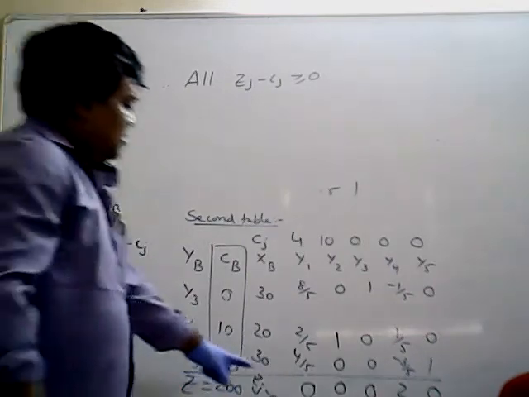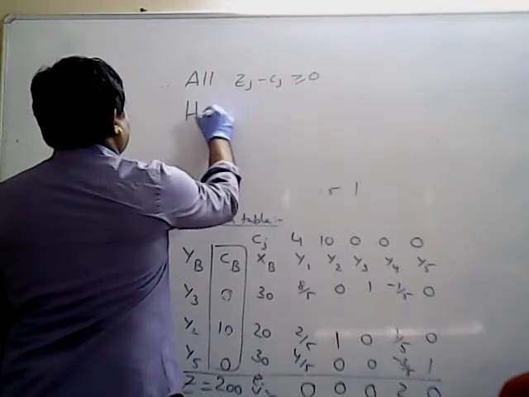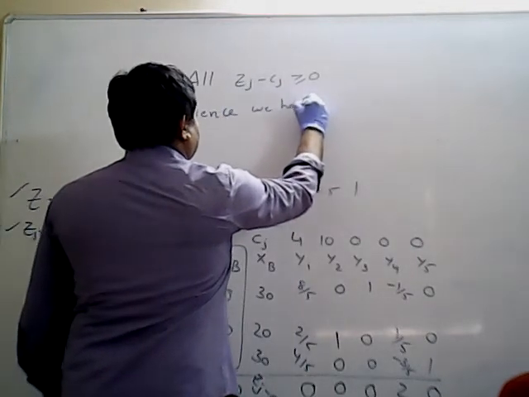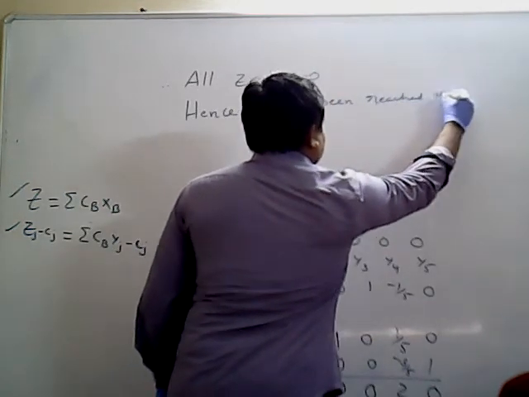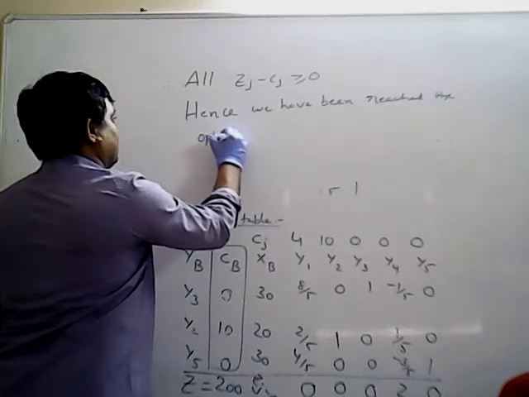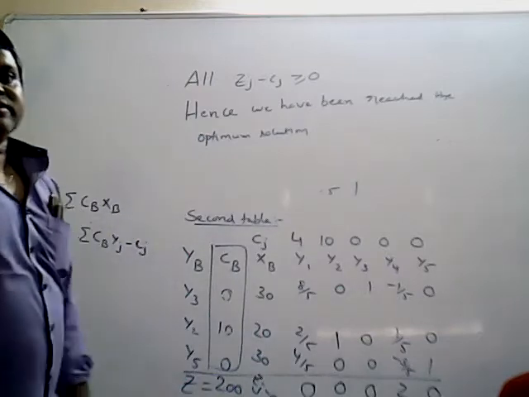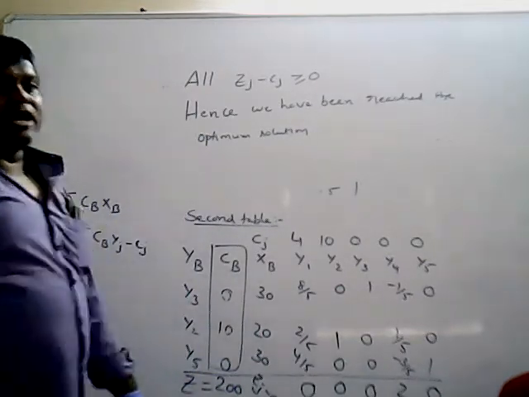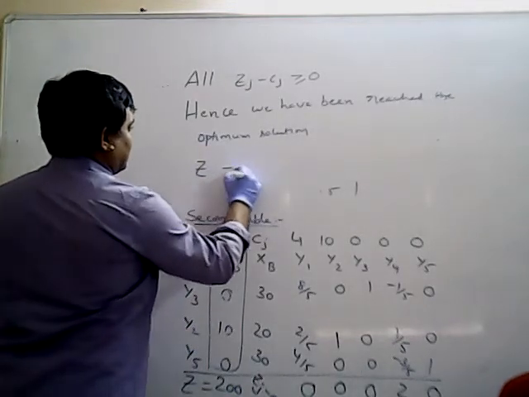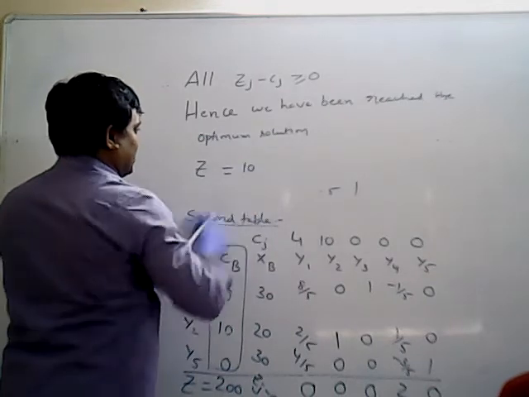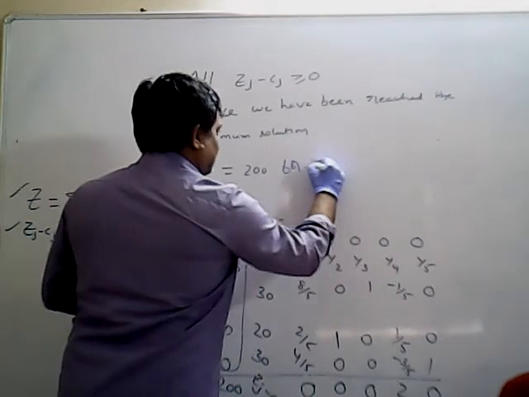Okay, so you are getting all positives, so the solution is completed. Hence we have reached the optimum solution. Hence the optimum value of z equals 200 for the variables